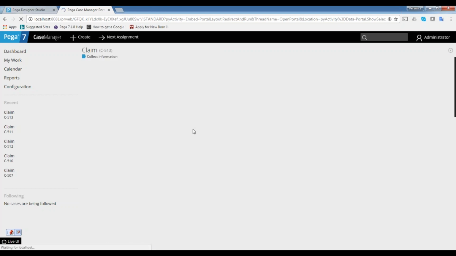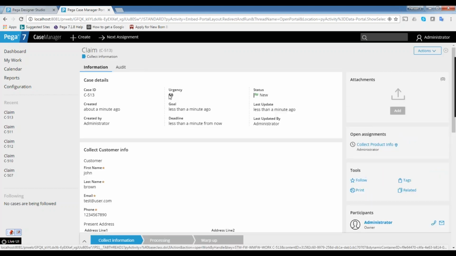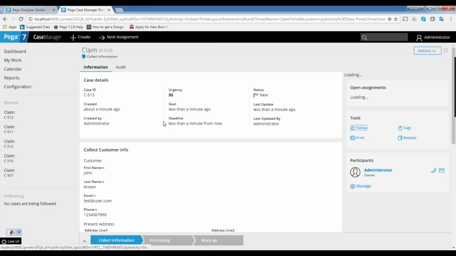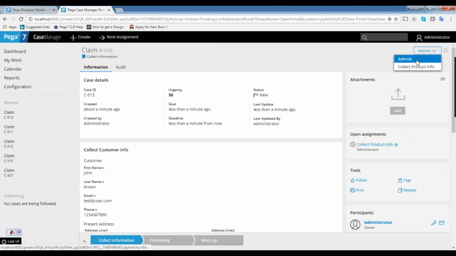Now let's open it again. It's 50 now, so it already updated the goal time. Now wait for some more time to update the deadline timings.